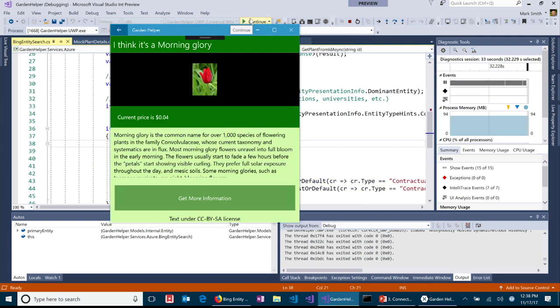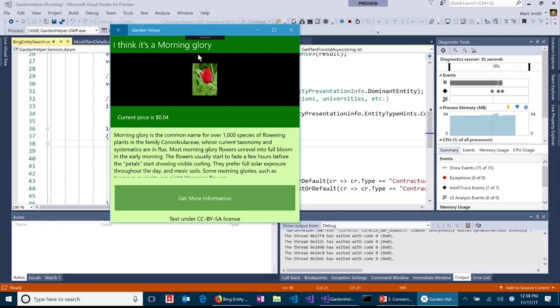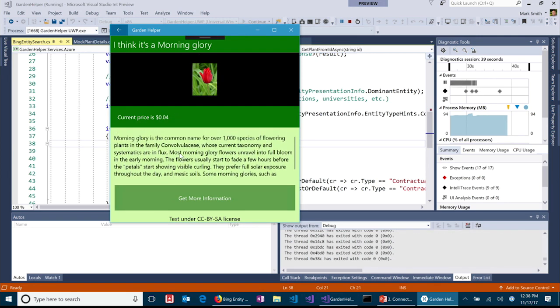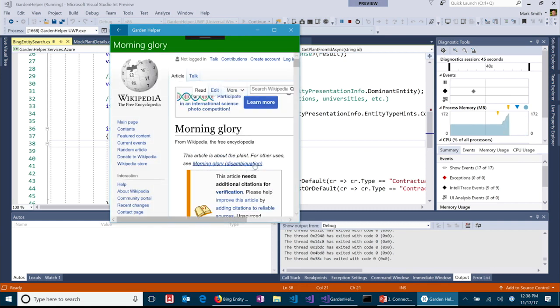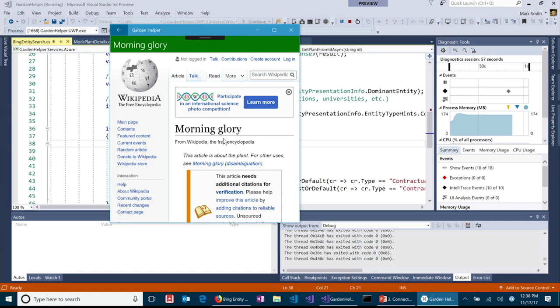So I'm going to go ahead and let it continue. And we can see, I think it's a Morning Glory. Current price, we don't have our price service in there, but you can see all the details from Morning Glory. And in fact, it's going to take the name that came back out of that service, and if I do get more information, it'll pass that into Wikipedia and actually generate the Wikipedia page for me, putting it into a web browser right here. And so I can get even more details if the customer asks for more data. I can just tap that button and see Wikipedia, an amazing amount of intelligence,